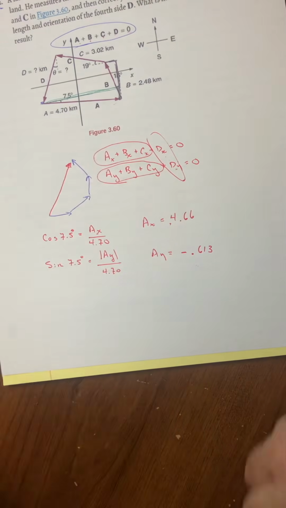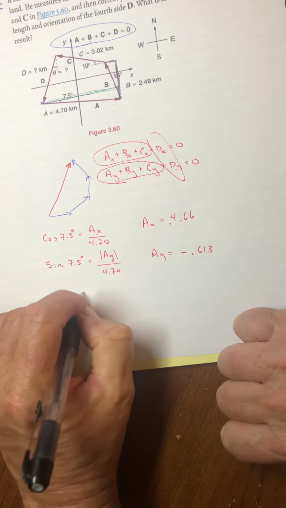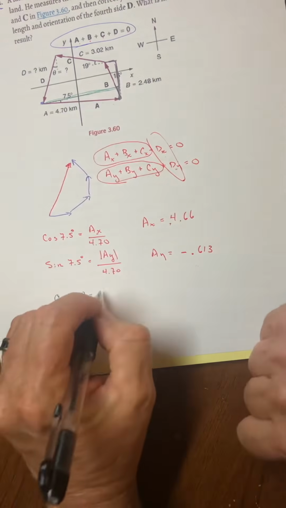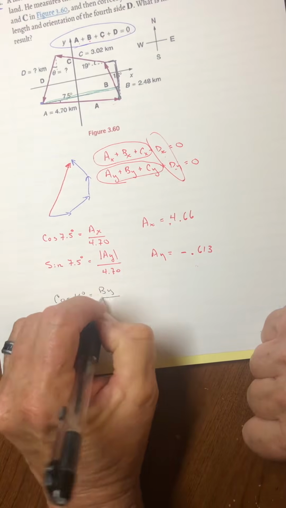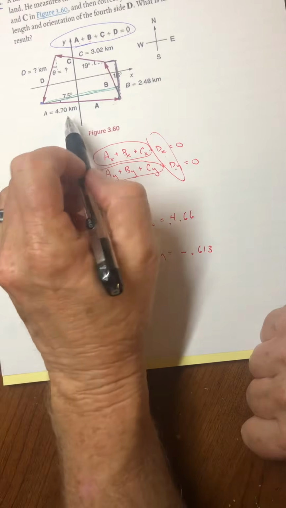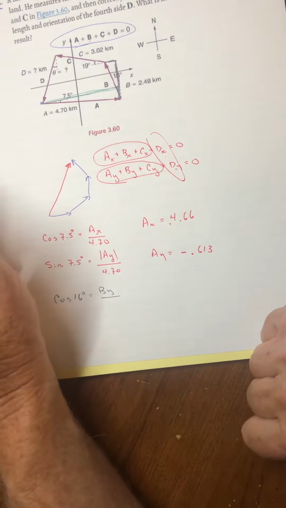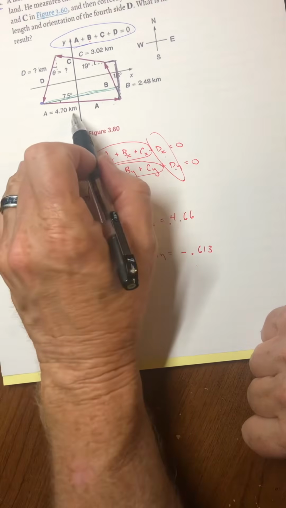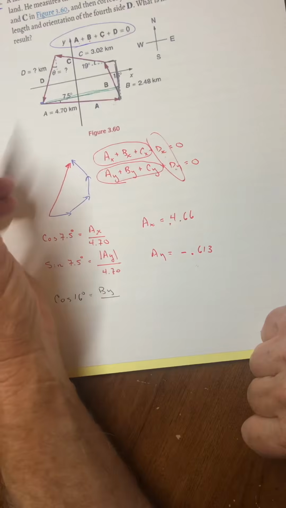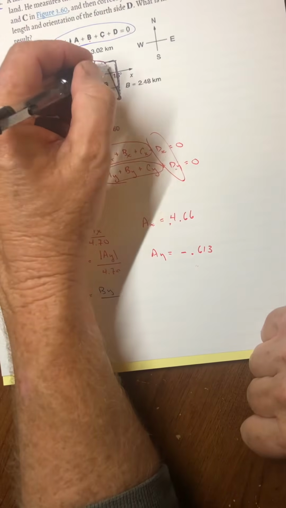And that means if I look at cosine of 16 degrees, the adjacent is actually the y component. So this would be by over its magnitude. Oh, I better make sure these are the same units. Okay, they are good. Just in case it wasn't a fast one pulled on me with kilometers and then meters over here or centimeters over here. All right, so then this would be by over